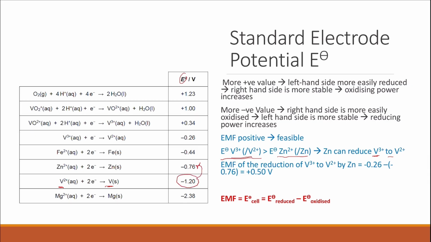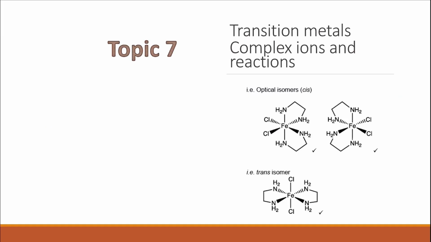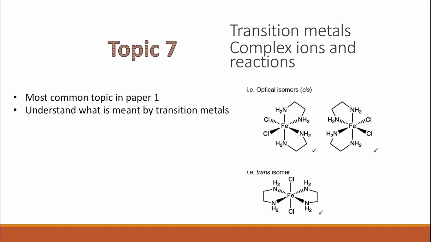an incomplete d shell. This is why zinc and scandium are not transition metals, even though they are in the d block in the periodic table, because zinc will form only one ion, which is zinc 2 plus. This is due to the loss of 2 electrons from the 4s, and it has a full d subshell. And scandium is the same, so it loses 3 electrons. It gives you only one ion, which is scandium 3 plus, and the electrons lost are from 4s and the 3d, so it has a completely empty